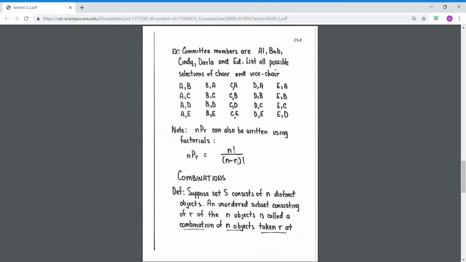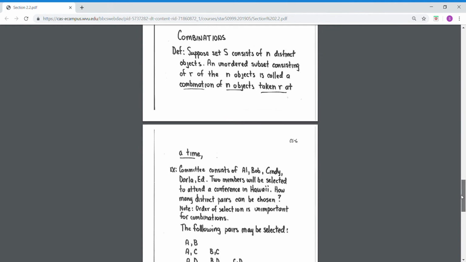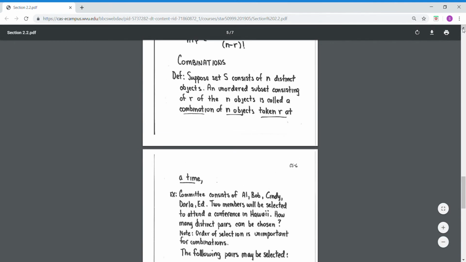That brings us to the end of our permutation section. Now we're going to move on to the combination section. I can tell you from experience, we'll be doing more combinations in this course than permutations. So combinations. Definition. Suppose set S consists of n distinct objects. An unordered subset consisting of R of the n objects is called a combination of n objects taken R at a time. So, for example,